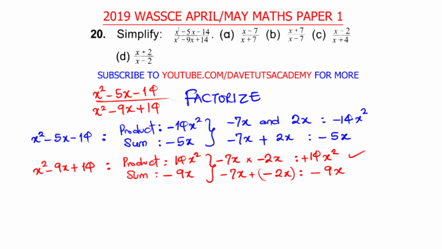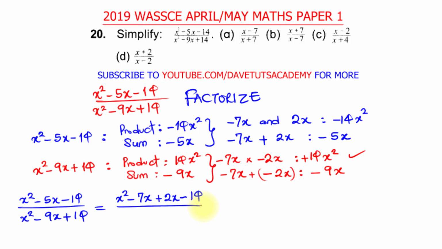So for our question that we have, we can just say in that case the numerator and the denominator, let me just try and write them out straight. So we have x squared minus 5x minus 14 over x squared minus 9x plus 14. This is now going to give us, I'm going to rewrite this, the middle term in which we have minus 5x here. I will just bring minus 7x and plus 2x. So I have x squared minus 7x plus 2x minus 14 as the numerator